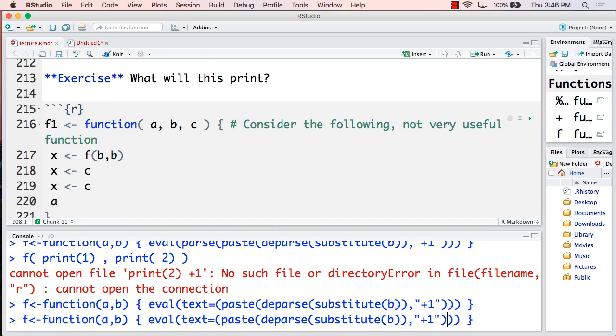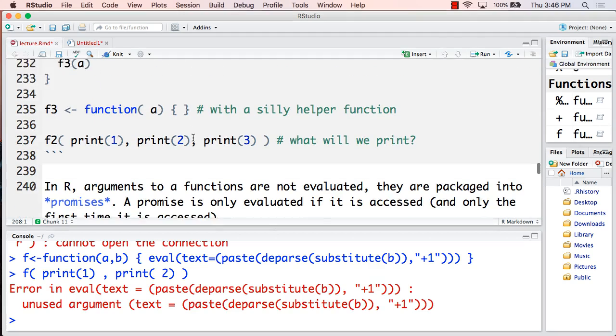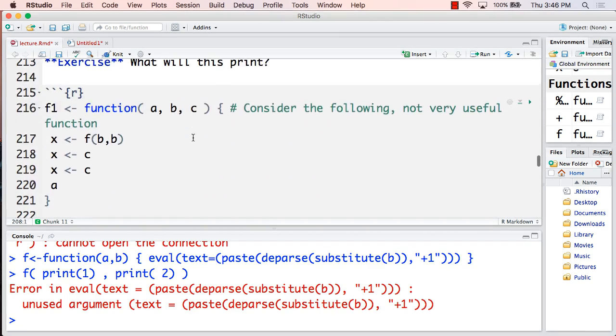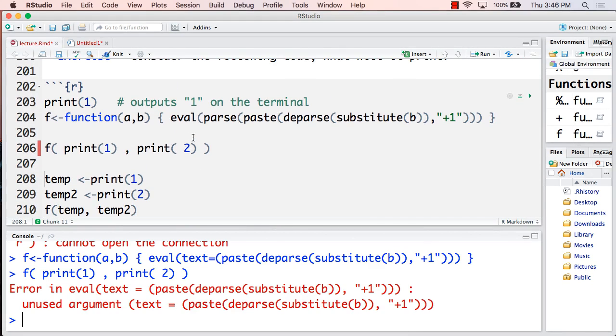And that doesn't do anything because we're passing in. Oh yeah, and then we have to. Okay. So sorry, I got myself confused. The point, I won't try to fix it right now, is that the arguments that I get here are expressions. I can take their code, I can turn it into a string, I can change their code, and then I can evaluate it again. I'll show you an example that I